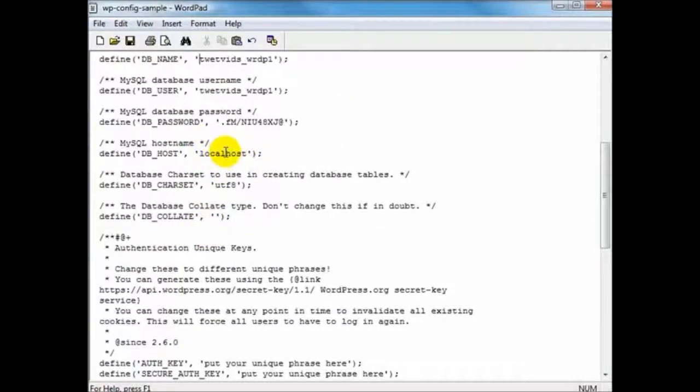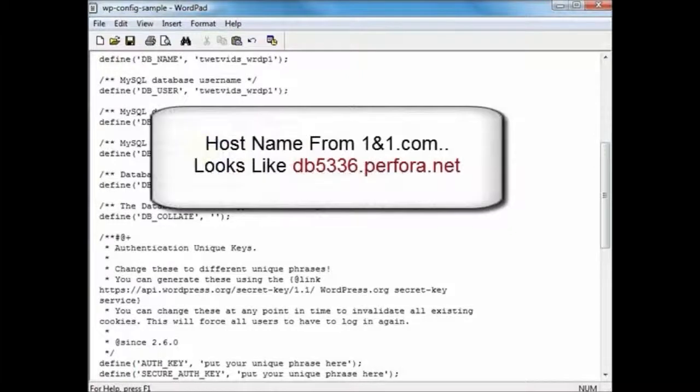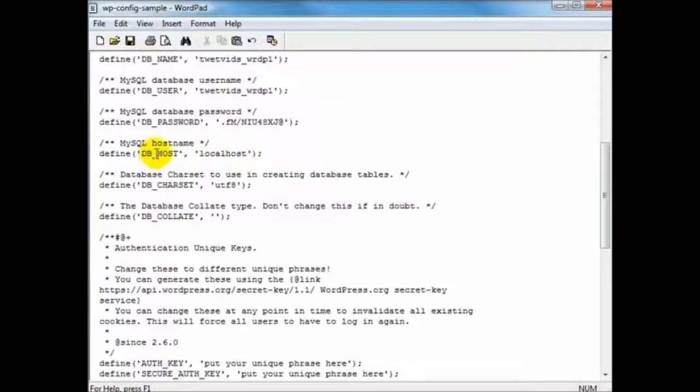And the localhost, by the way, this does bear mentioning, 99% of the time this will remain intact. It will remain localhost. But some web servers or web service companies like 1&1, for example, theirs is not localhost. It's a big long line of stuff, but what you'd want to do here is put in the host name, the database host name. Again, most every time it's going to be localhost, but for those of you that are on 1&1 or any